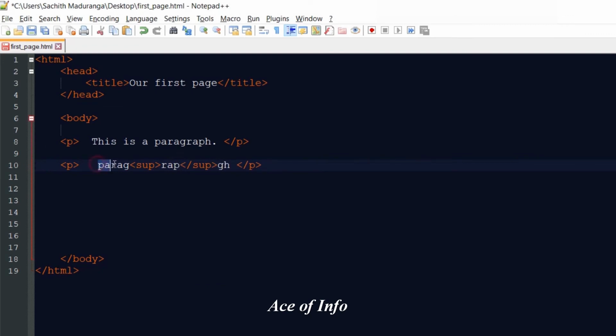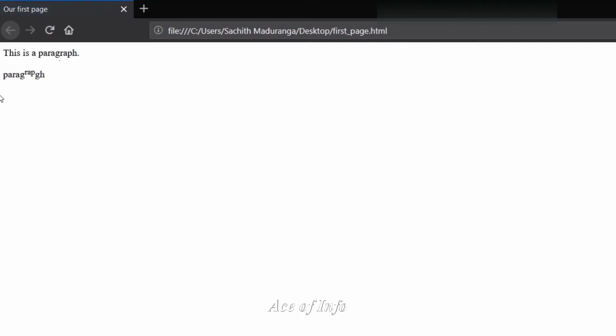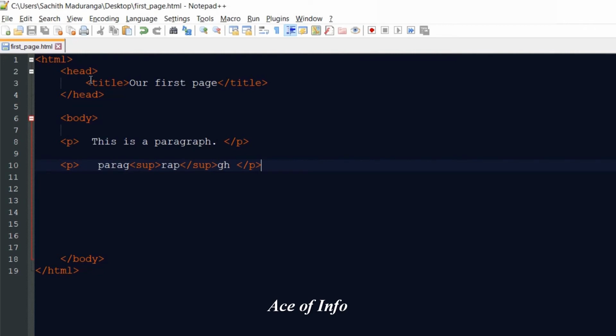So this paragraph is normal under the paragraph tag, but this word is inside superscripted text. Okay, now if I save this and go to the browser and reload it, see, the text is normal, paragraph and the rest is normal, but this word is superscripted.